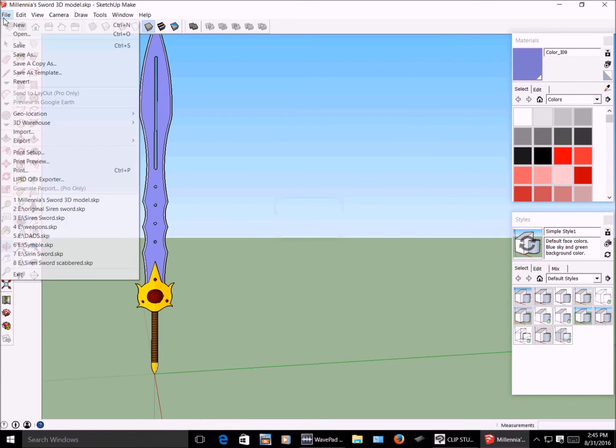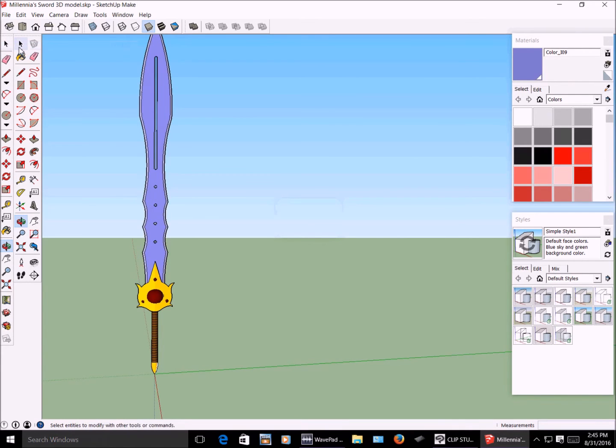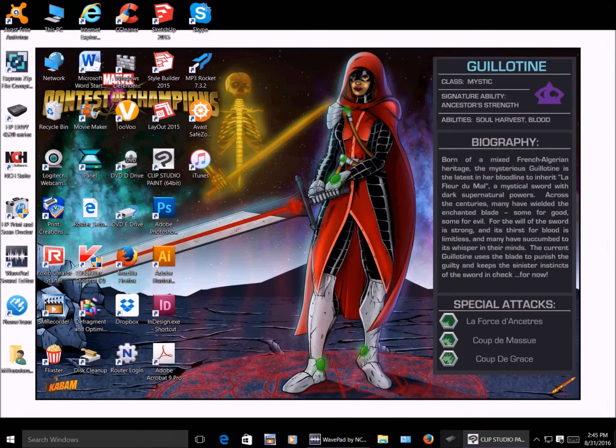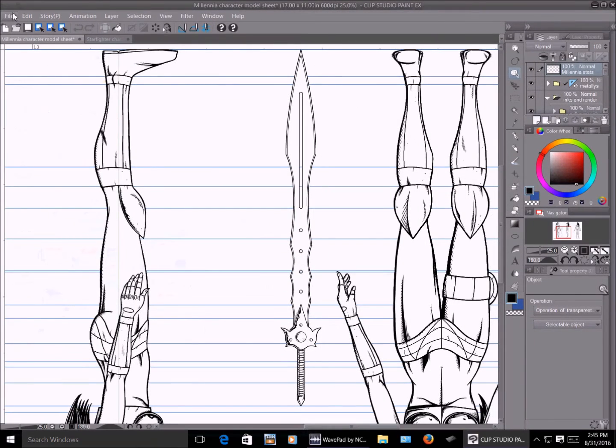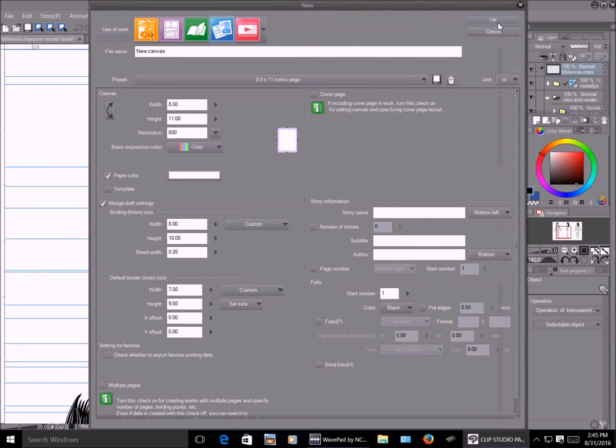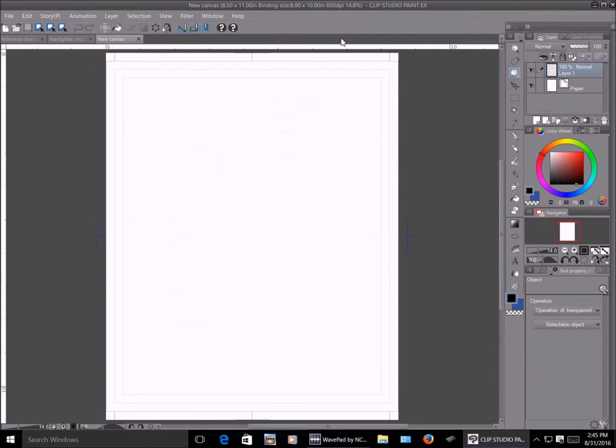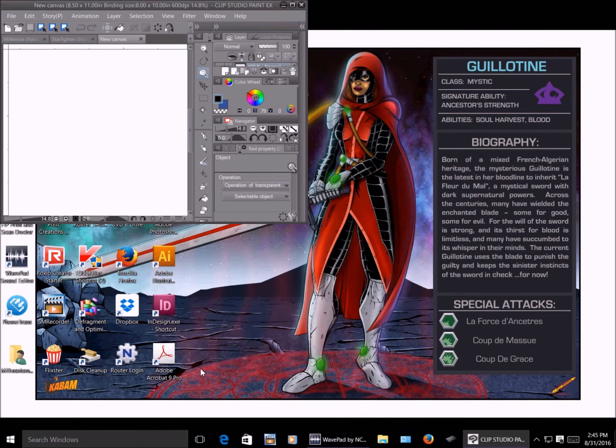So let me just save this and exit out, and I'll bring up Manga Studio again. Let's get a brand new page so I can show you exactly how it can be done. There's our new blank page.